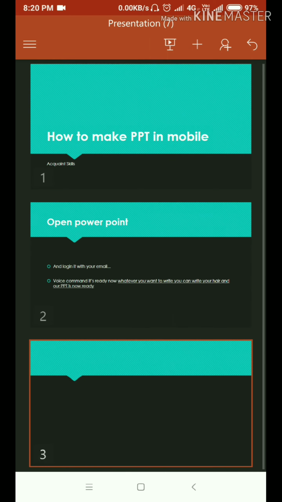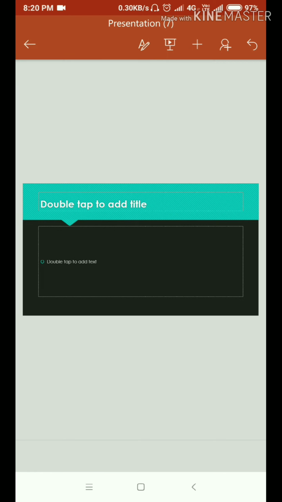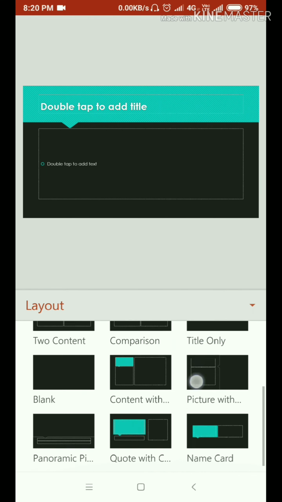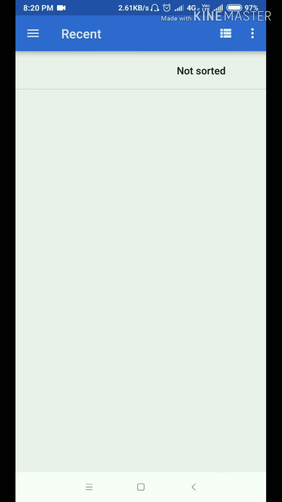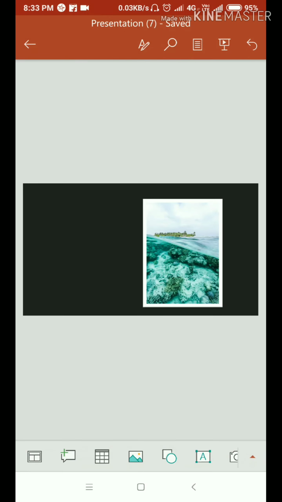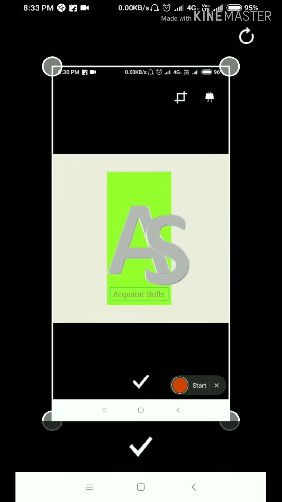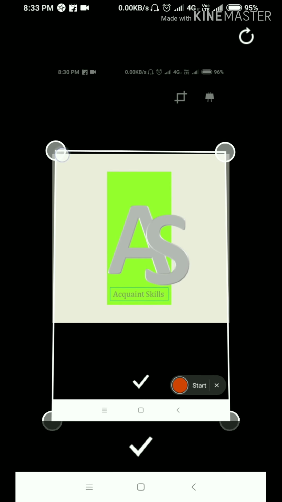What should I do now? I should insert the third slide. Now I can take the blank slide. Dear friends, if you want to make a good and impressive PPT, you have to use a picture as well. So what can you do? So dear friends, what you can do over here, you can also insert some pictures, like you can insert this picture. If you want to crop it, that is also available. So you can crop the pictures